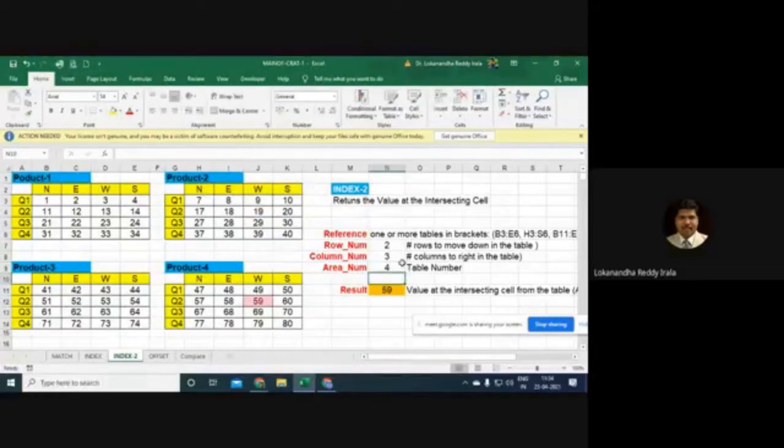Now it will read from table number 4, it is 59. You see how dynamic this function is. It is the same function. The only difference is if I have more than one table, I can put all of them in the same formula, and by simply changing this number, I can ask Excel to read from a particular table. Is this clear? Any questions here, please?